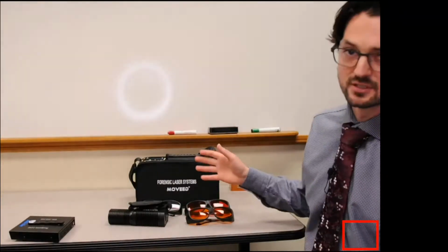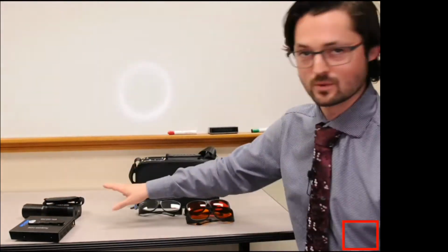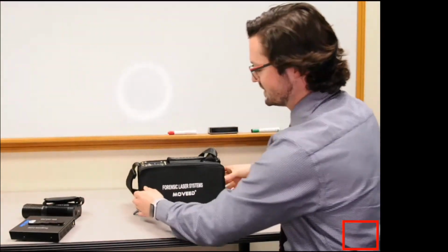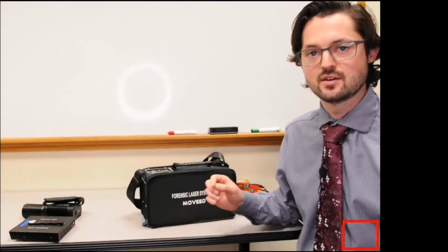First one I'm going to show you guys is the laser light source, and that's this one back here. Not that one, we'll get to that one, but that's this one right here. So what's kind of cool with the movie laser is the model I have here, it has 3 different laser